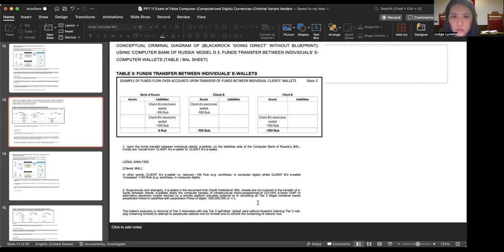This is also the other reason why the perp resorted to a genocidal act worldwide of chipping the neural grid, because he himself can just press an unlimited number of zeros for himself. And technically speaking, he figures that he can just buy an unlimited number of things with this method. So this is blatant exclusion or removal of tier 2, claiming that tier 2 has a role to play, meaning himself, attempting to perpetuate some.